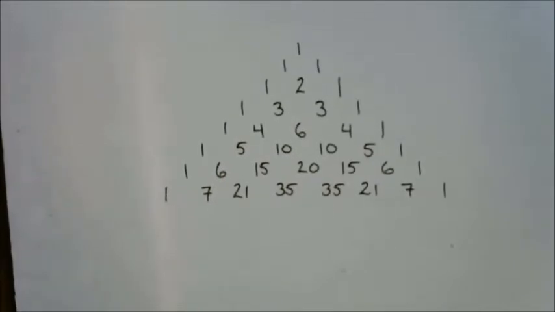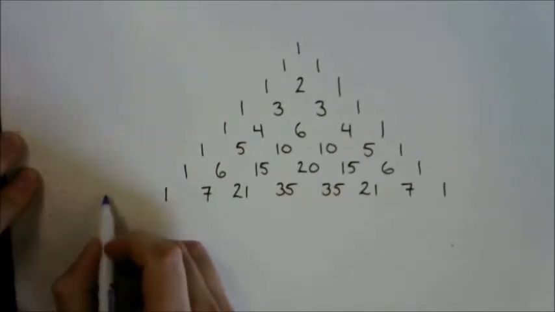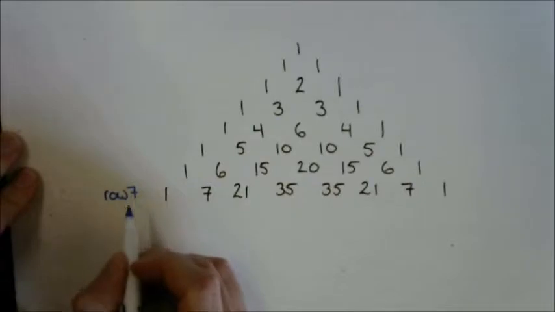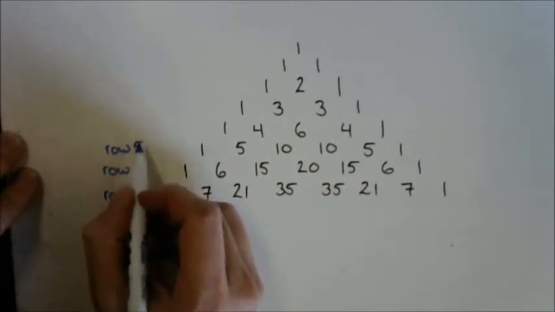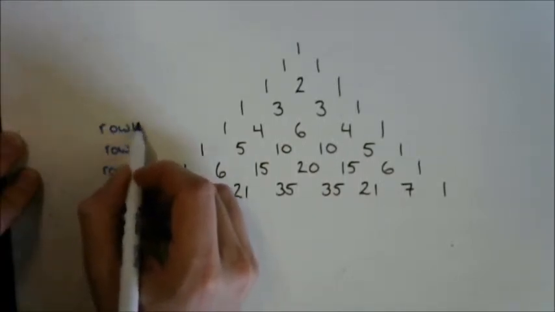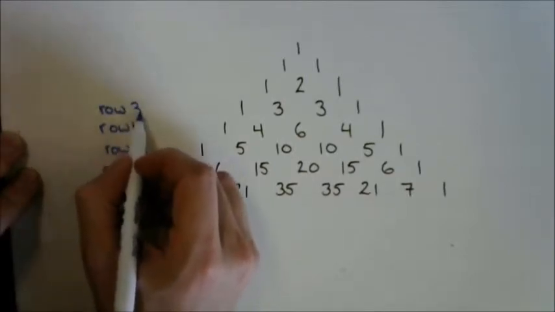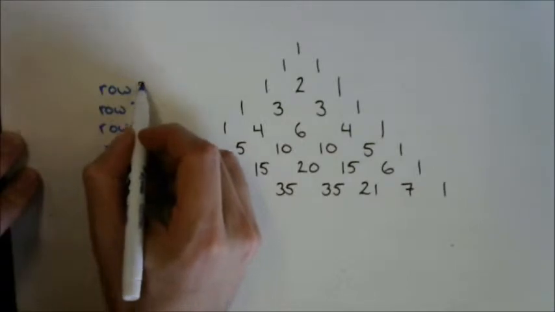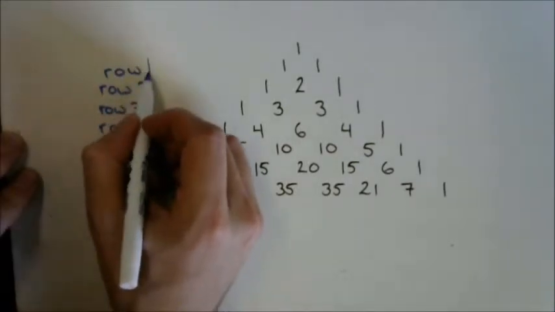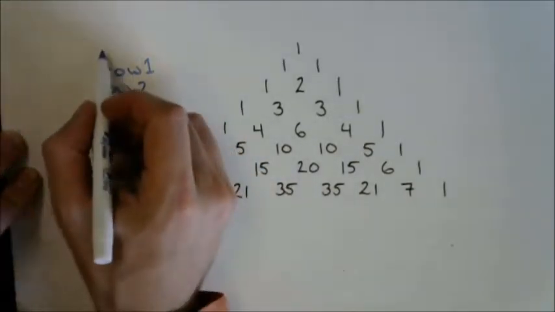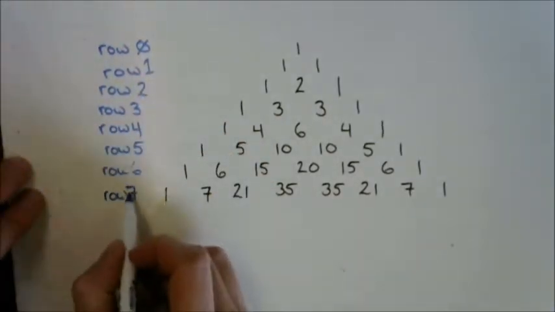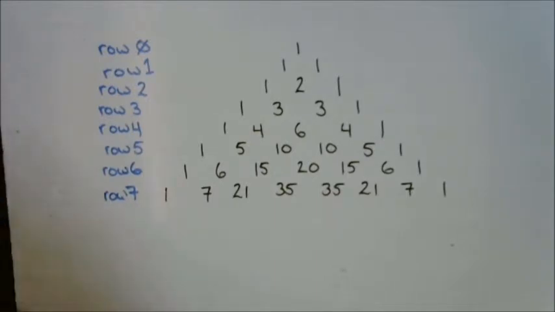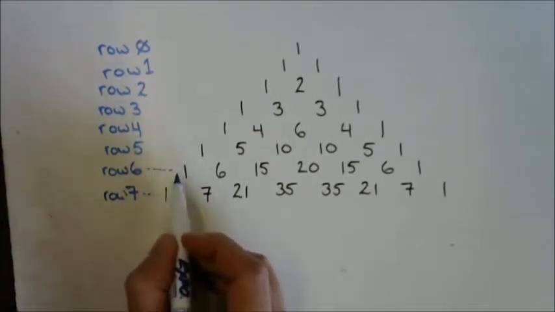Now they've also asked us to label each row, so I'm going to go ahead and do that. On the left hand side here, so row 7, row 6, row 5, row 4, all the way up to the top. And the first row, you notice you'll get to row 1 and you still have one more row left. That's because there's a row 0. And just to make that completely clear,